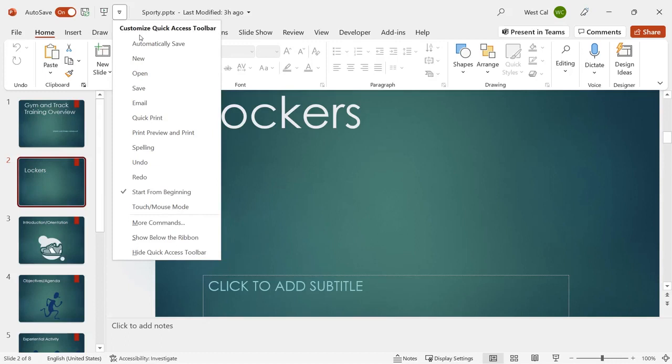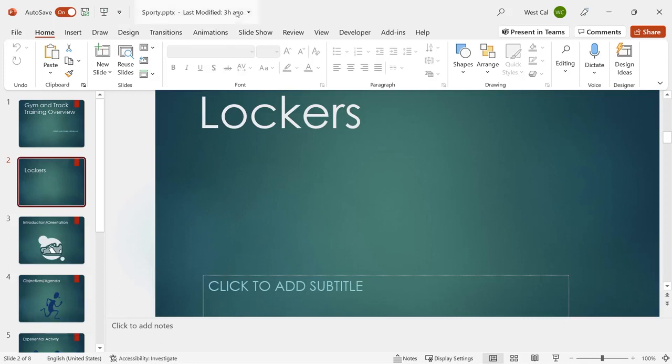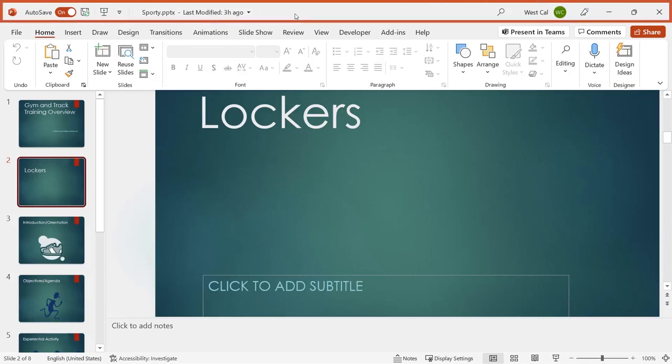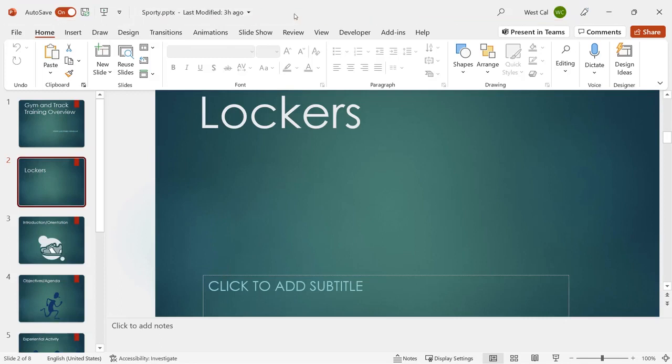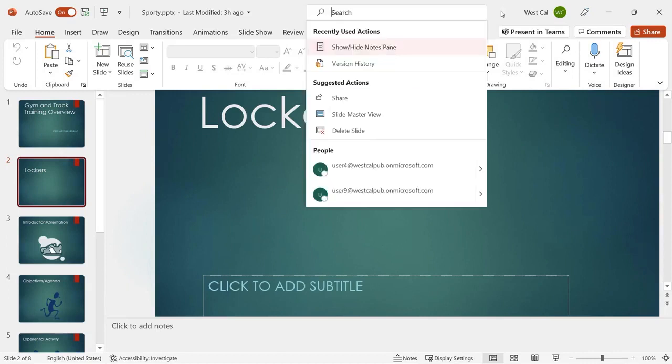Commands you will often find on the Quick Access toolbar are New, Open, Undo, Redo, and Start from Beginning, which presents your slideshow. The title bar displays the name of the presentation that is currently open. You may also see more information about the file, for example, if it has been saved or has been opened from the internet. With the search box, you can find help, people, commands, text in your file, and recent files